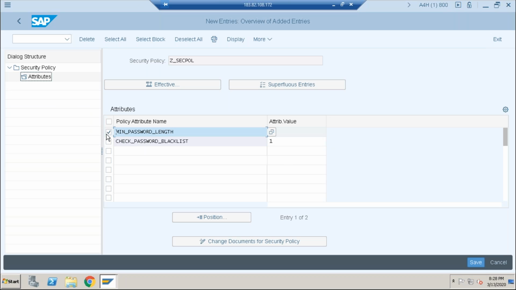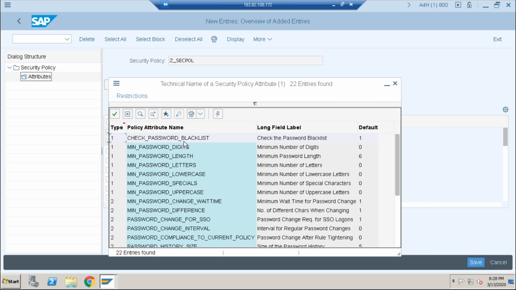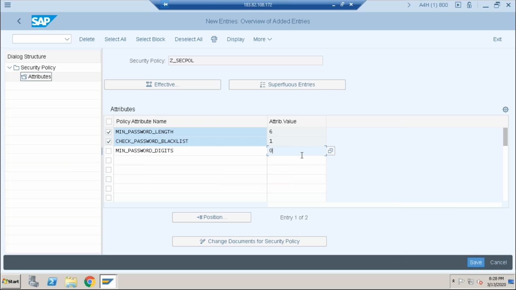Next parameter: the password login screen. Second one, the password minimum number of digits, lower cases, upper cases. The minimum value is 0. Use the browse option.